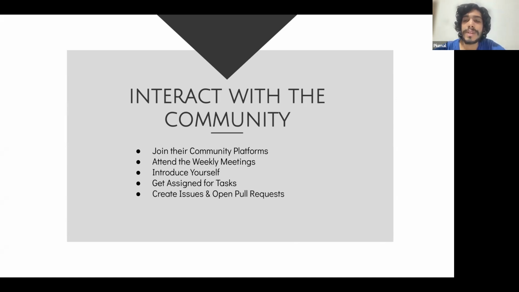This part will be a bit hard at first, because you are new to that organization, and you don't have much idea about that organization. So most of the people just give up and just disappear at this stage. So don't do that. Always discuss with the organization members and find things to work on and clarify everything.